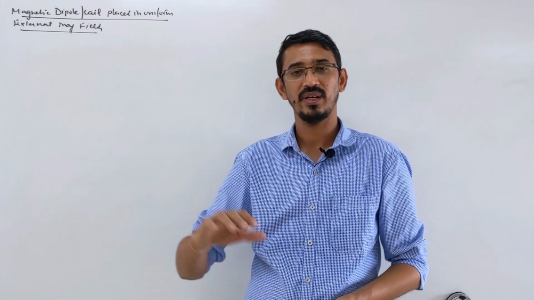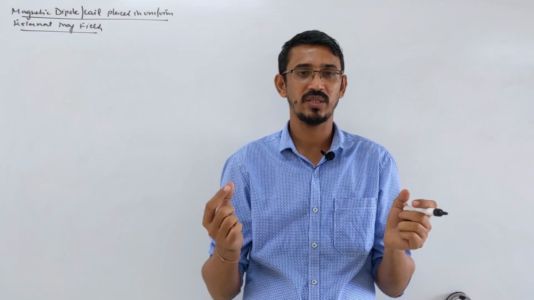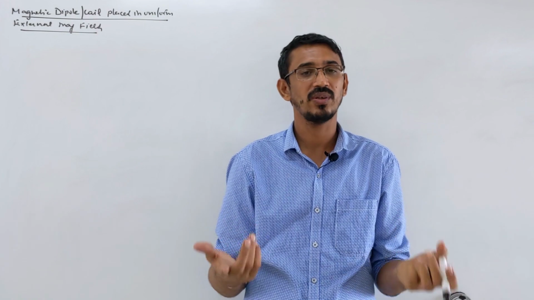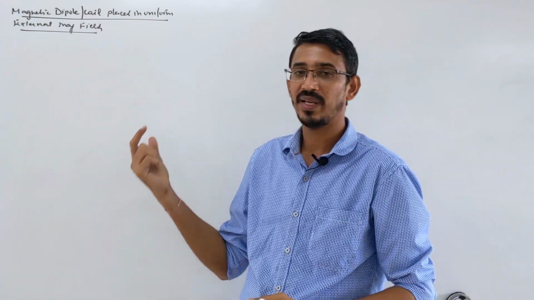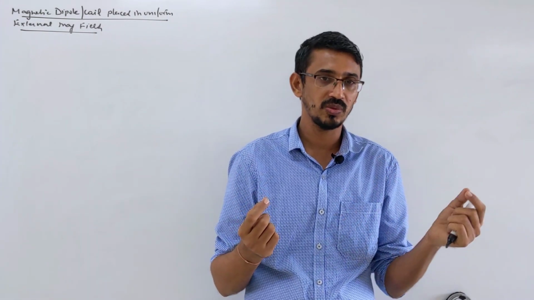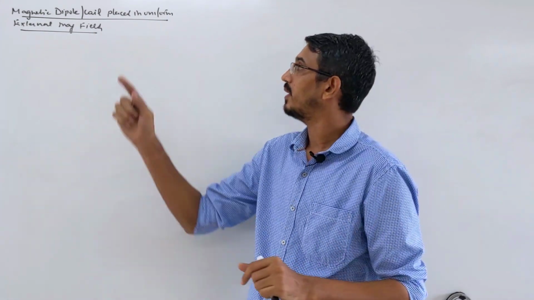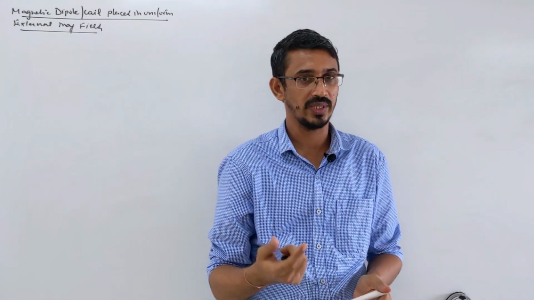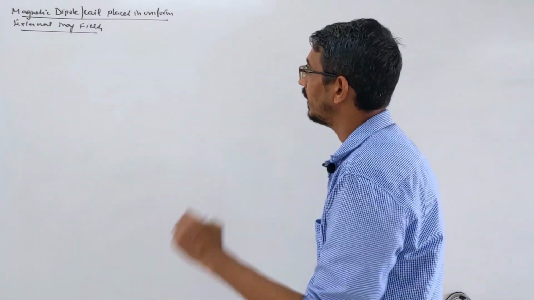This dipole we have learned in electrostatics also, like two charges placed at some distance apart, that's called an electric dipole. The same way, magnetic dipole we describe in two ways. One in terms of a bar magnet, north pole and south pole, it's a dipole, and in terms of current carrying coils also. Okay, yes. Okay, so what happened?